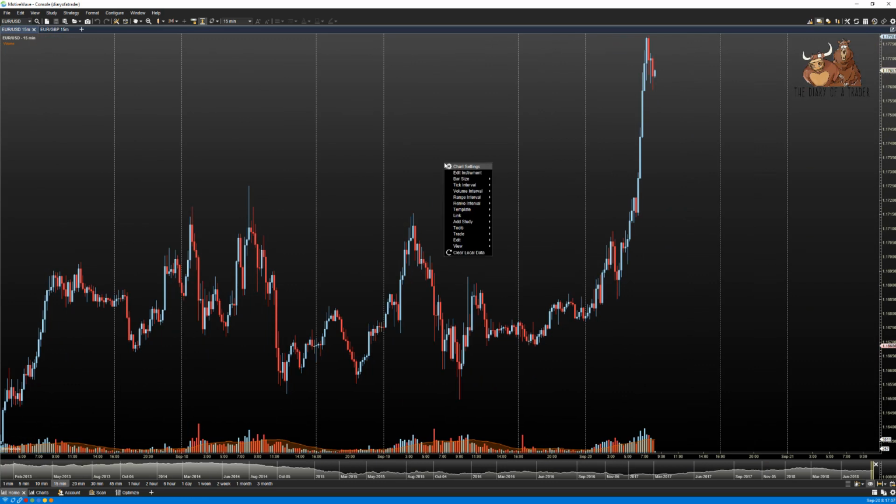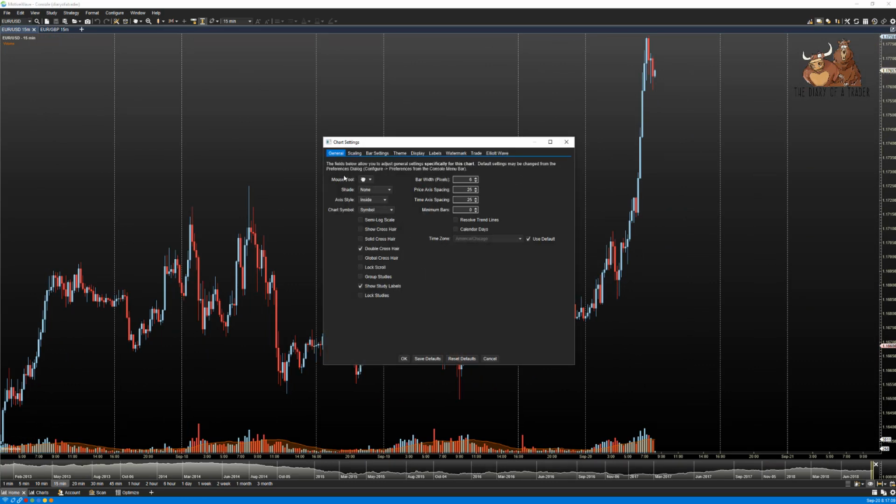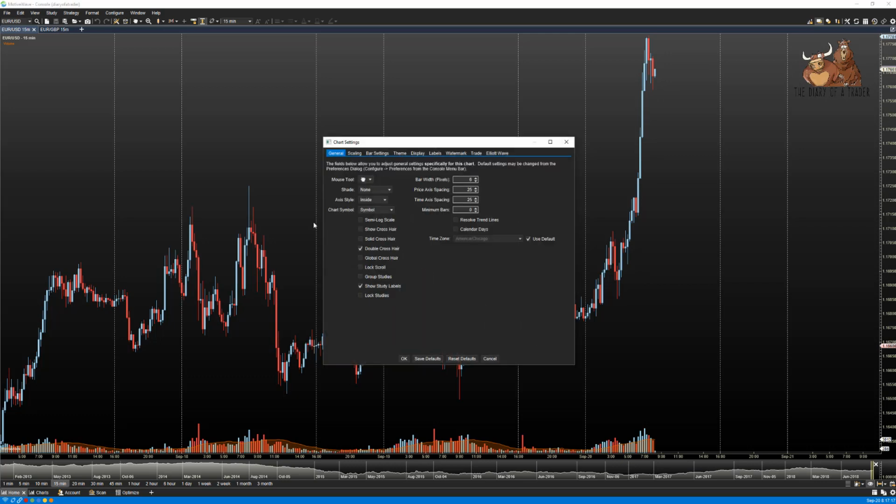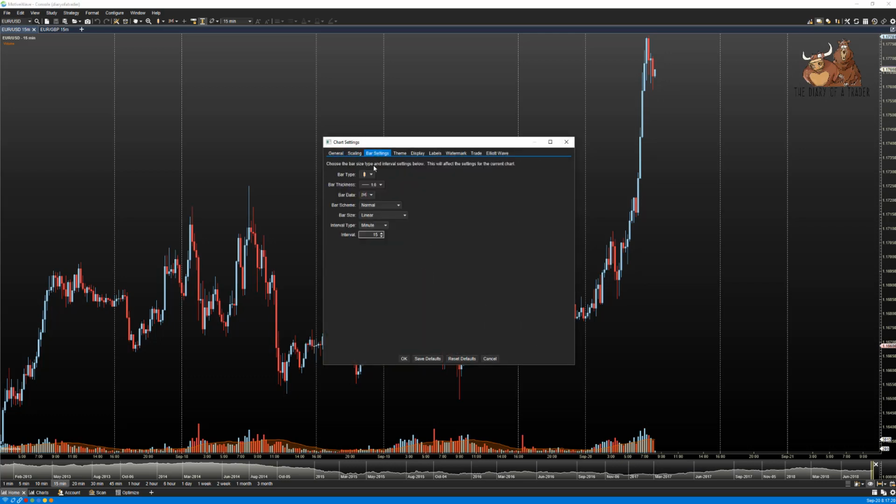Pretty basic looking chart, but you can change it if you right-click. Let's say you don't like the black background and the red and yellow candlesticks. Well, you can right click, go to chart settings, and they have a huge number of settings, such as, if I want 3D candlesticks, and maybe I don't like that background. Maybe I'd like to use one like, I don't know,